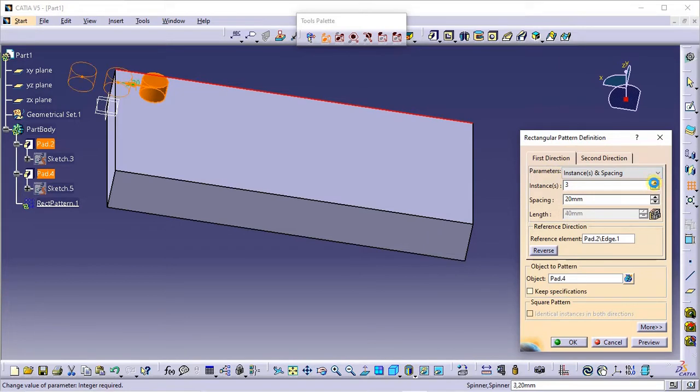We have 2 instances, 3 instances. Of course, we use our reverse to reverse the orientation of the instance. 4, 5, 6, 7, and this is where we alter the spacing between the instances. Here we have a spacing of 20 millimeters. We can alter this spacing to 30 millimeters to accommodate more, or 35 millimeters. So we have 5 instances spaced 35 millimeters between each instance, and we select OK